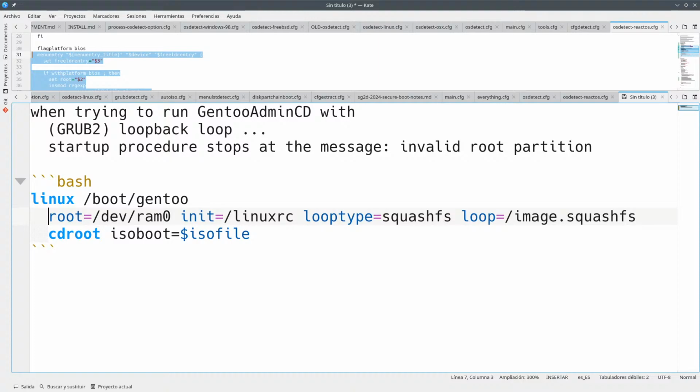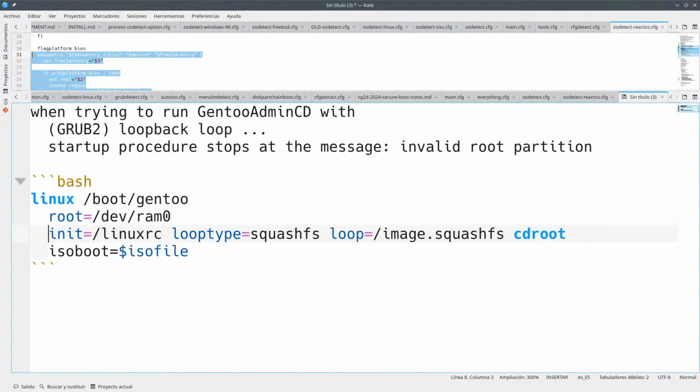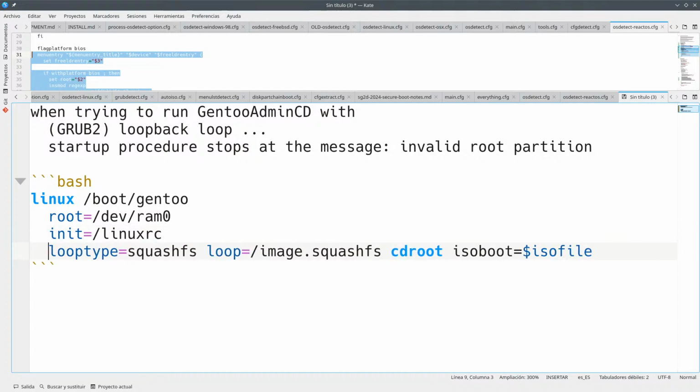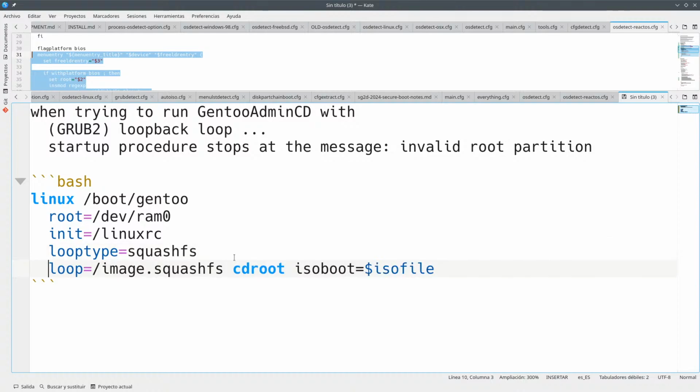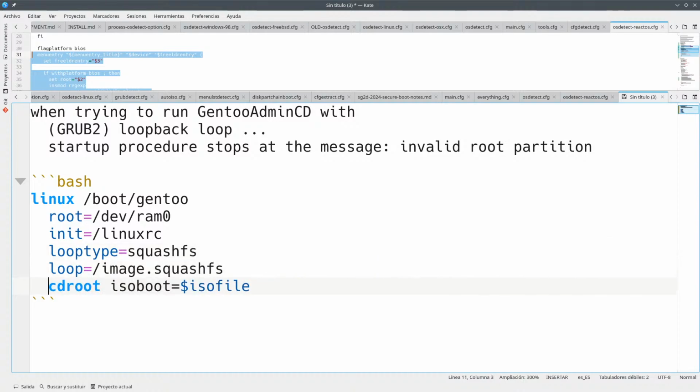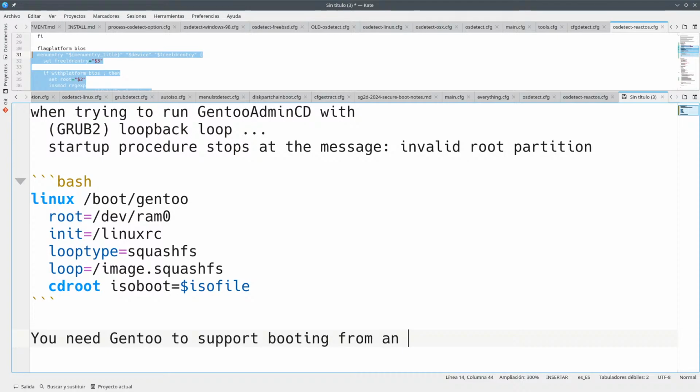So okay, let's do it line by line. So you are trying to boot from RAM. That's not how you do it, but well, anyway. So you need Gentoo to support booting from an ISO file.